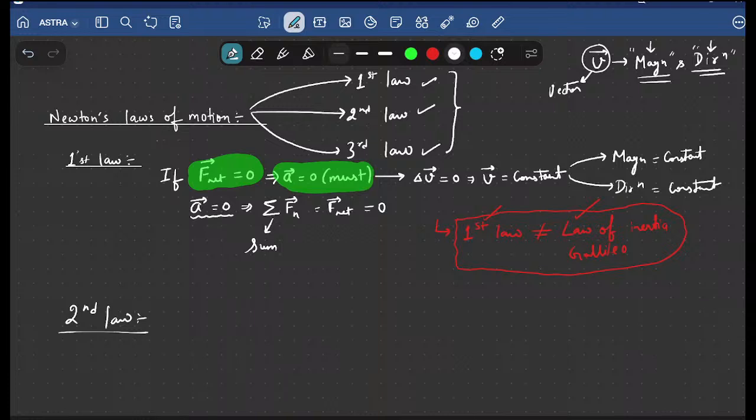Second law. What is the second law? The second law, according to Newton, concerns the sum of all the forces acting on a body. Since force is also a vector quantity, it might be possible that at a time many forces are acting on a body. And if I add all of them, obviously I will add them vectorially. I can't add them like a scalar. In addition of a scalar, we don't have to put our brain. Just 2 plus 3 gives us 5. It's very easy. From class 2 till 9th, 10th, 11th, 12th, we have learned only this addition. 5 plus 6 becomes 11. We don't need to put our brain.